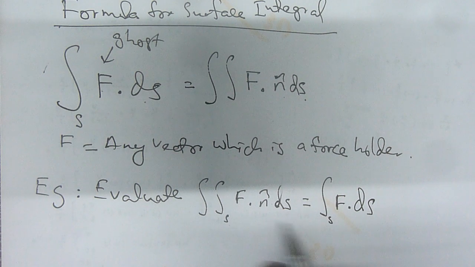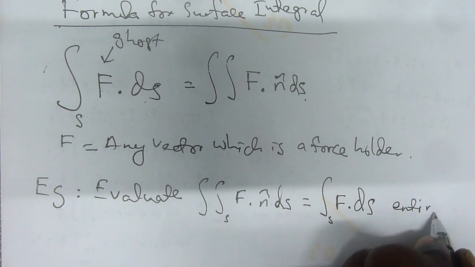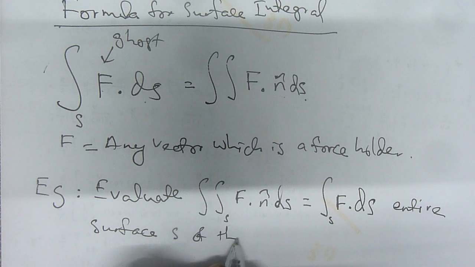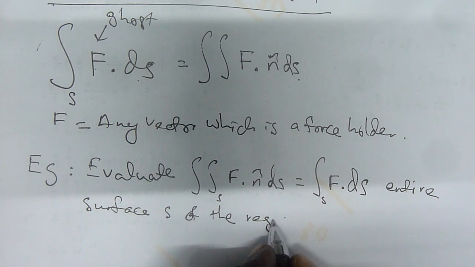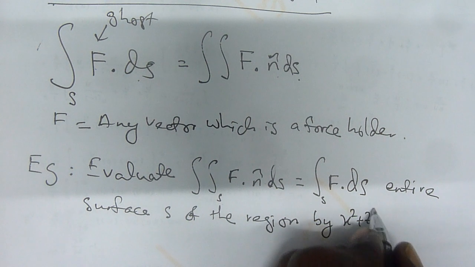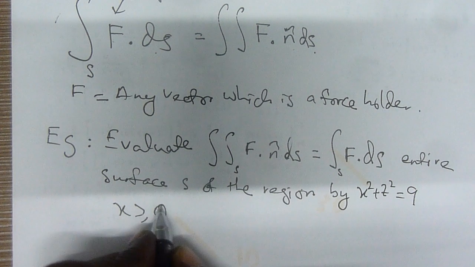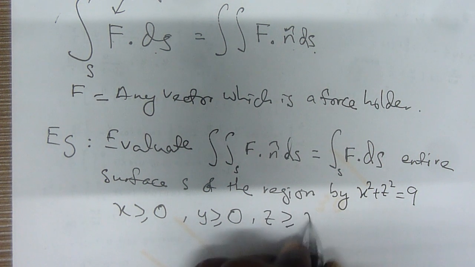I just wanted to tell you, this one they will put at the front, for the entire surface S of the region, at the surface of the region, bounded by x² + z² = 9, and you can see x greater than 0, y greater than 0, z greater than 0,